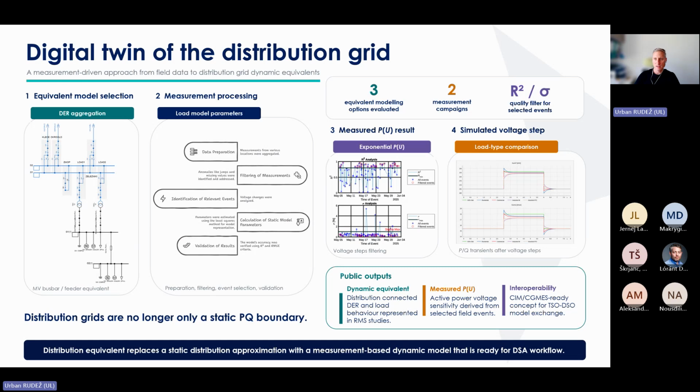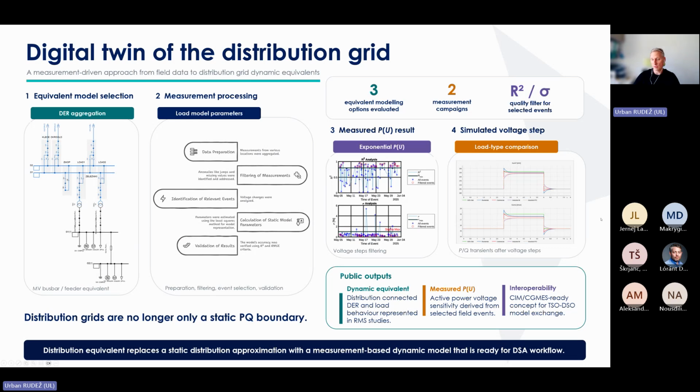So in the next phase, we launched two measurement campaigns where we got a lot of information from how the actual distribution network reacts to different situations. And this was basically the most important input for parameterization of our load models. Then, based on this, we were able to construct active and reactive power dependency on the voltage. This is the point number 3. So those first three steps were basically systematic approach to modeling the distribution network.